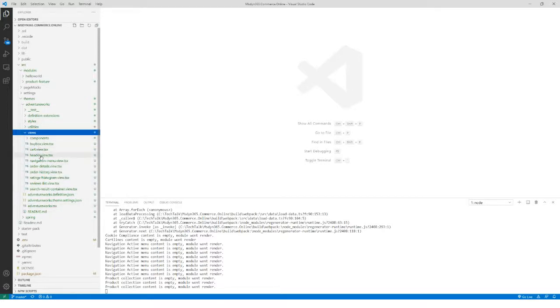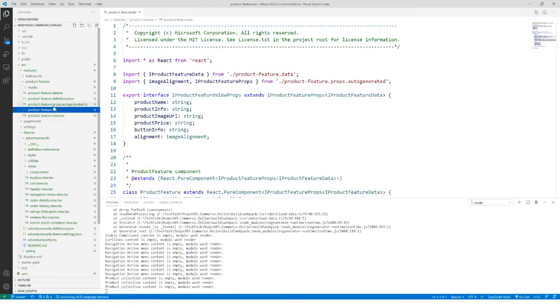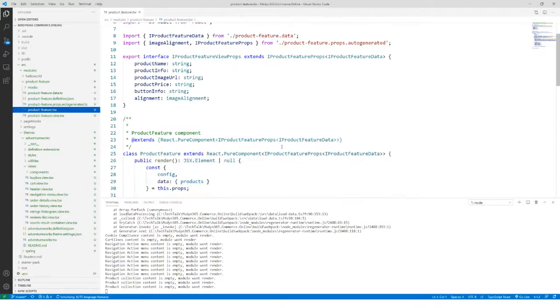So every one of our modules, I shouldn't say every one, most of our modules, some modules may not actually render any views. For example, we have some script injector modules, and so they may not all have view files, but most of our modules have been broken up. You have a TSX file and a view file. In fact, I have a test module here called product feature. I'll just show you that a TSX, the way a module is made up is that you have a main